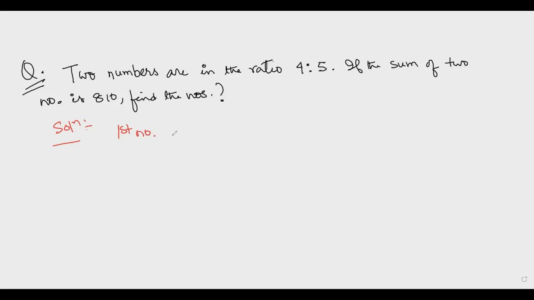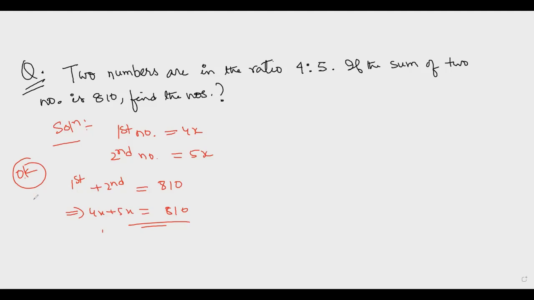4 to 5, so 4x plus 5x equal to 810. Okay, very conventional method, I must say. This is the method of taking x, according to class 9 and 10. No issue with that. You take the first number and the second number, the sum is given as 810, you take 4x and 5x, and then you find x. This method is okay, but this method is not fast enough